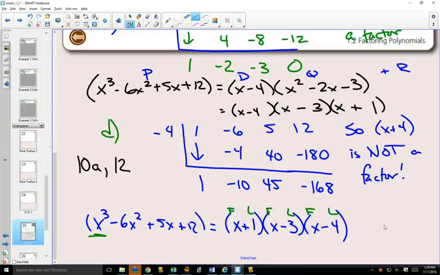So here is our answer from example 2 in factored form. And we notice that our first x cubed can be gotten by multiplying x times x times x. But the key thing that I want you to notice is that your last term is a 12, and your last ones in each of these multiply to get 12. That's going to be key,